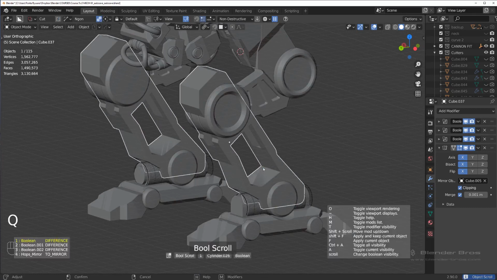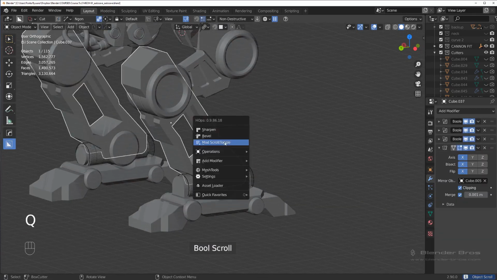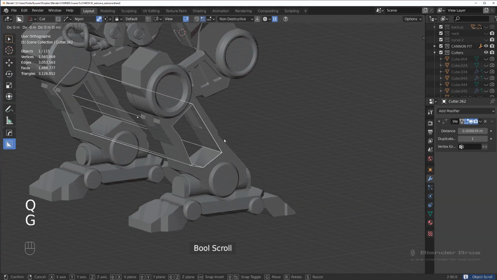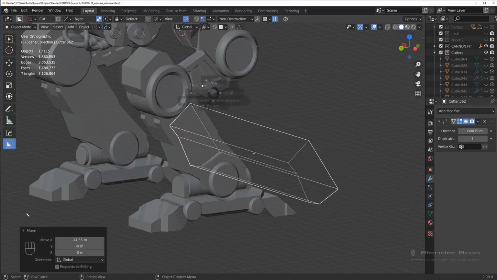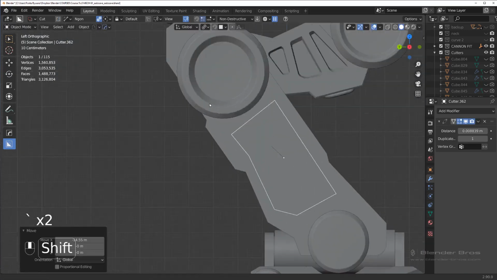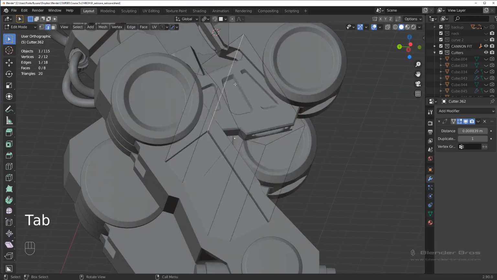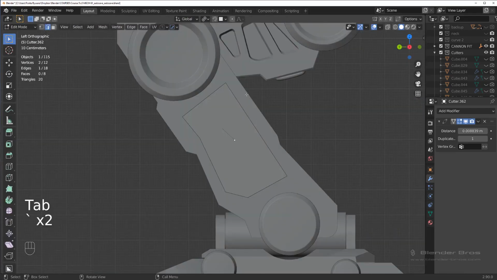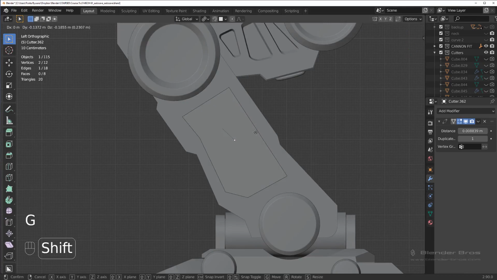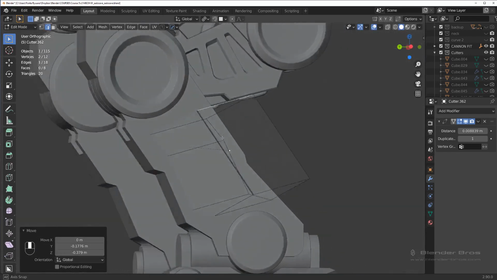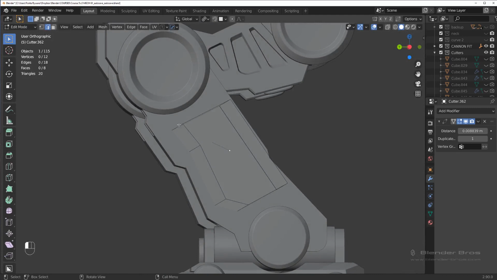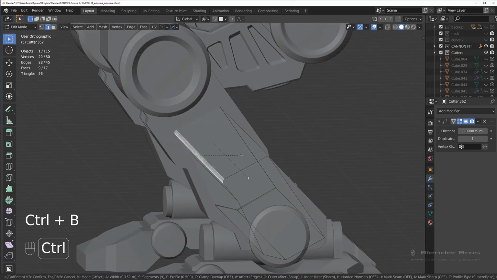Let's recall this cutter. Okay. And let's move this one a little bit here. Yeah, this could work actually. This could be chamfered,